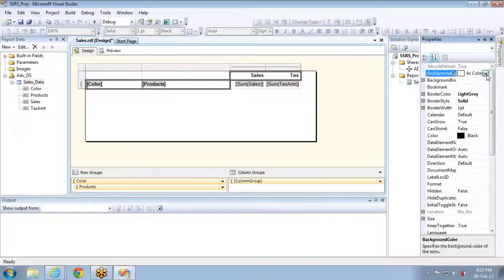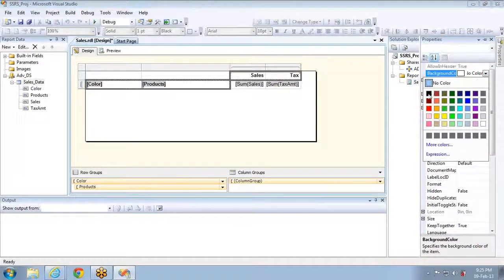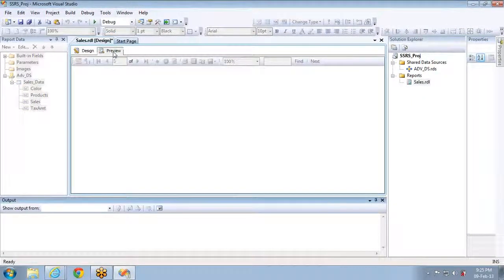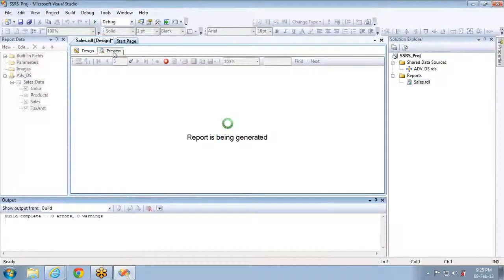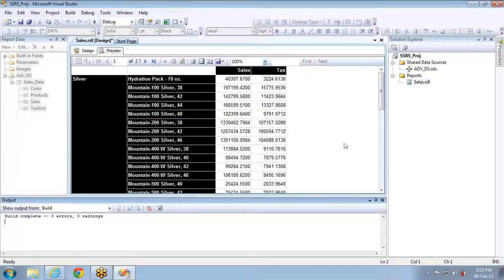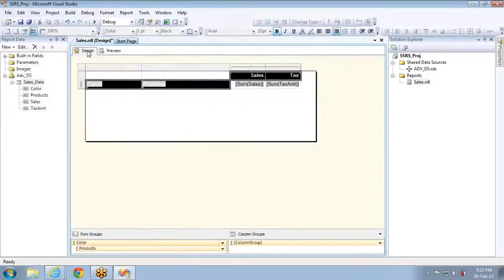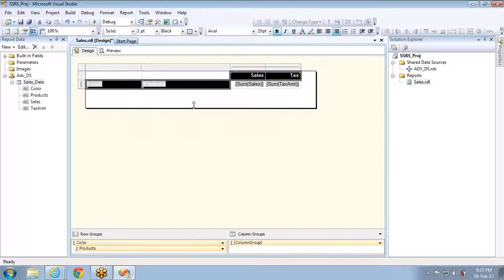Background color, I will set it to black, and forecolor I'll set it to white. So this gives a better look and feel. If I execute, let me see the preview of the report. Now this is the preview and it looks good. The report is looking good. Now we are good to go.